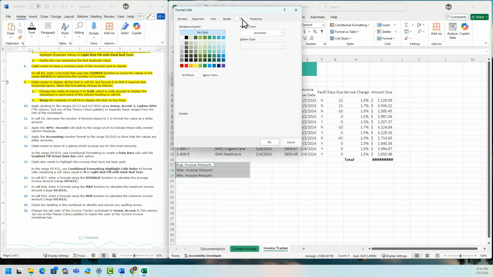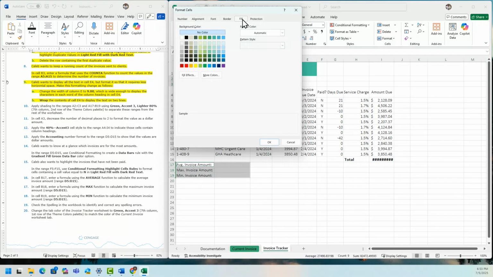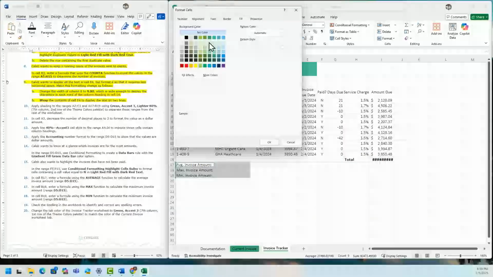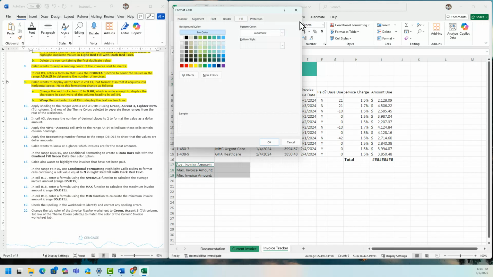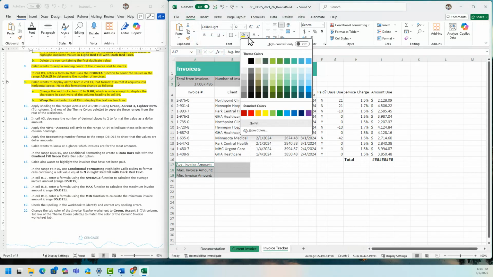I believe it's this one here. 7 columns, second row. 1, 2, 3, 4, 5, 6, 7. Is it this one here? Maybe not. It's not showing. Probably this one here. Theme colors. All right, so sorry about that.